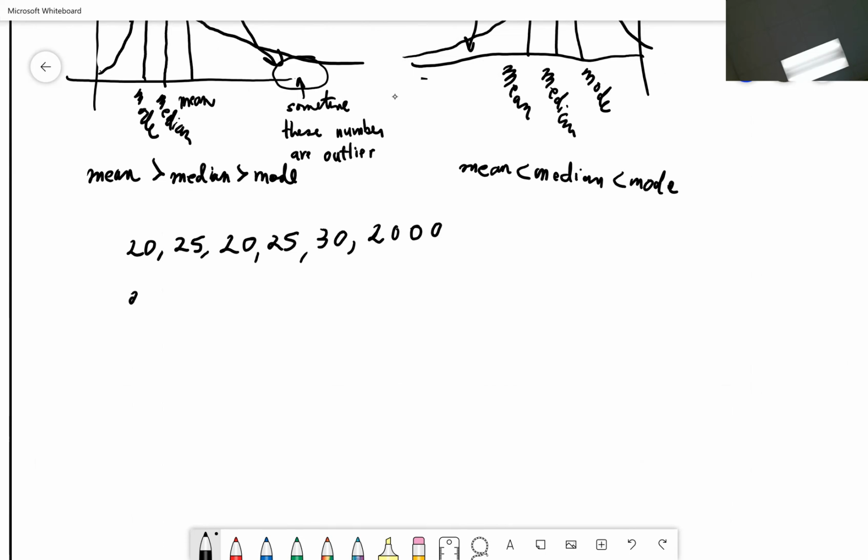This adds up to 2,120, and we're going to divide it by 6. So the average salary for the kids that day would have been $353. Would that make sense? Would that be an accurate representation of that class? No,